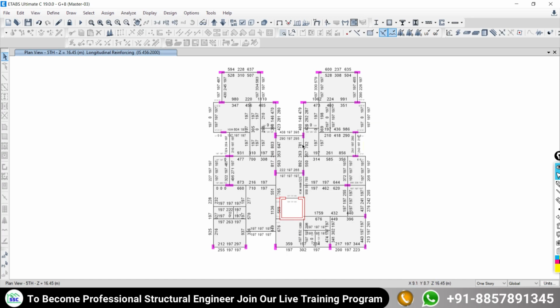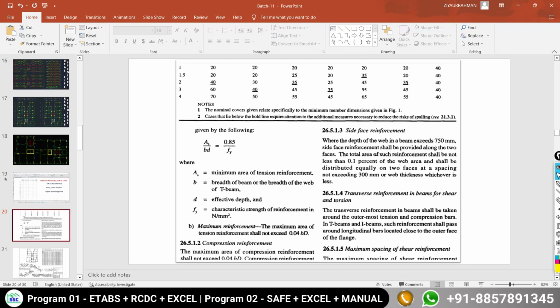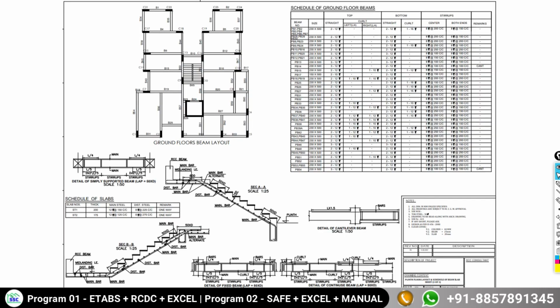Once you complete this, the next step is scheduling and detailing. We have to prepare the schedule of the beams. What does the schedule of the beams mean? With respect to your ETABS result, we have to prepare the schedule, showing how much reinforcement is required